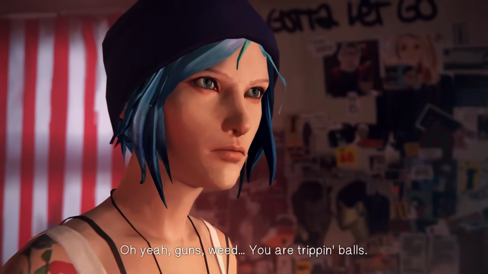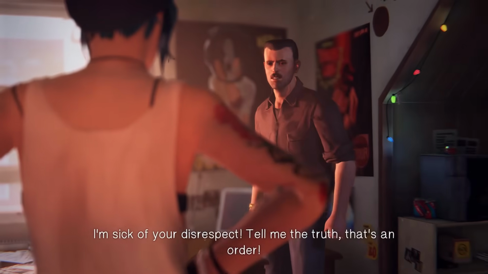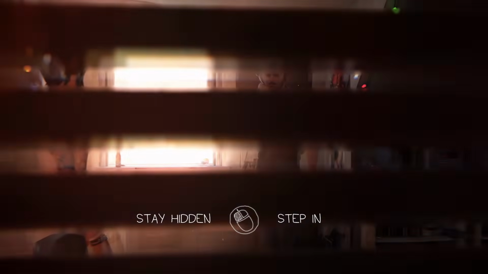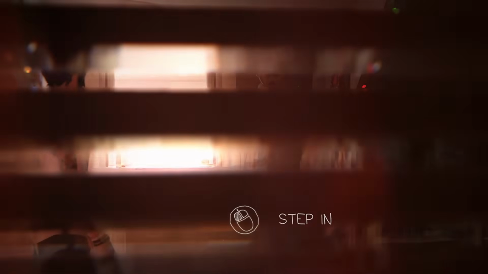The same goes for your best friend Chloe. Is she worth saving? Only the player has the answer to that question. And this is one game where the final decision is often split because people prioritize different things. Life is Strange doesn't believe that every choice you make affects the world around you, but it does believe that the choices you make impact you.